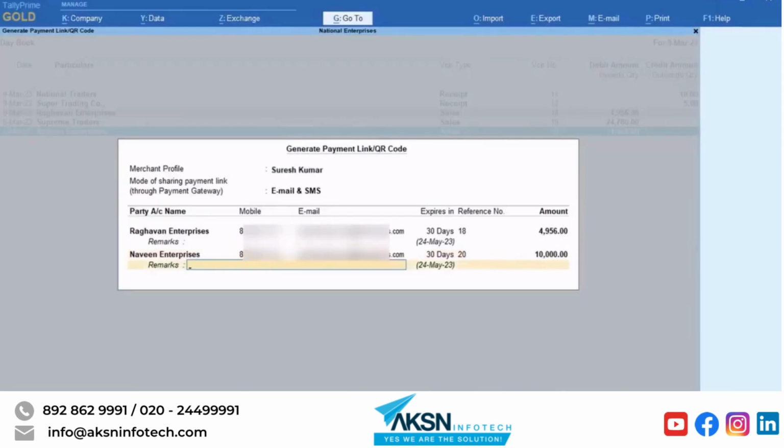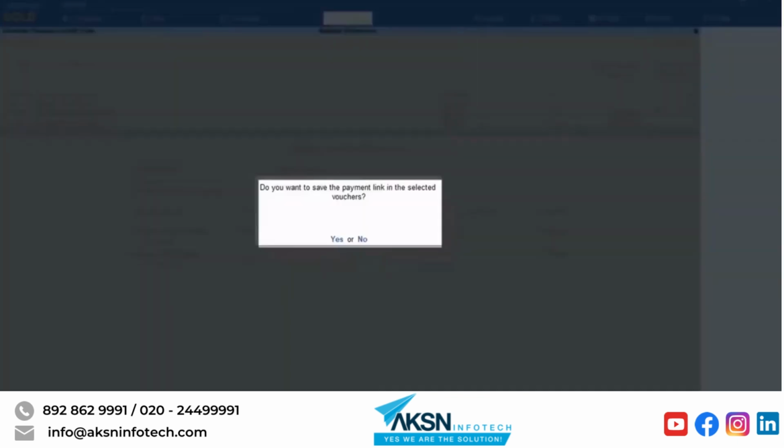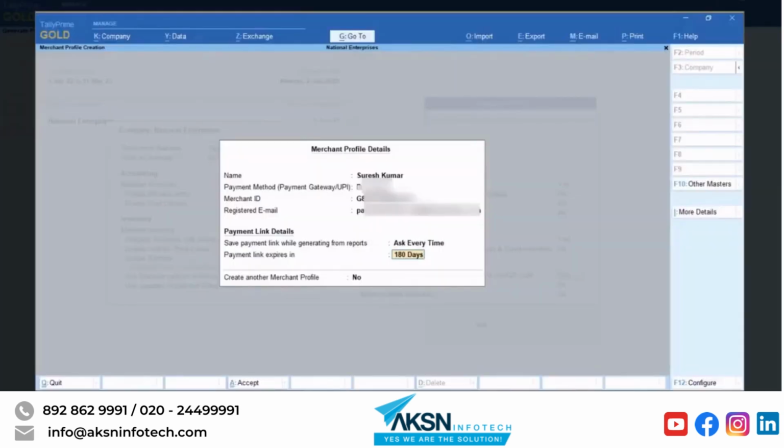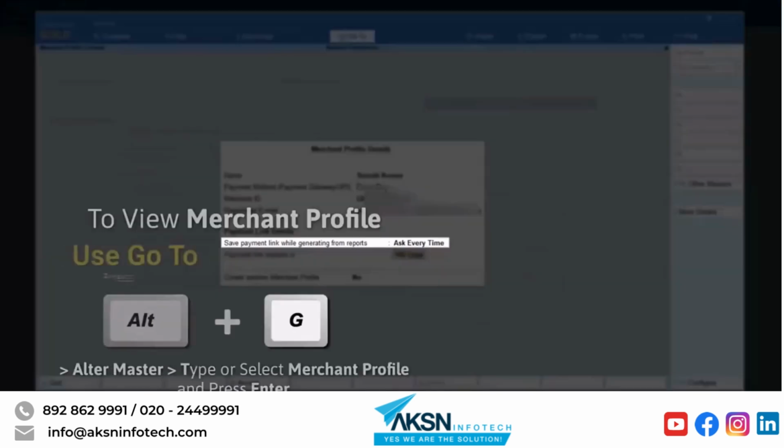Once you press Ctrl+A to save the Generate Payment Link or QR code screen, TallyPrime asks if you want to save the payment link in the selected vouchers. This message appears because we had implemented the required setting while creating the merchant profile in F11 features. As you can see, we had set Ask Every Time for Save Payment Link while generating from reports while